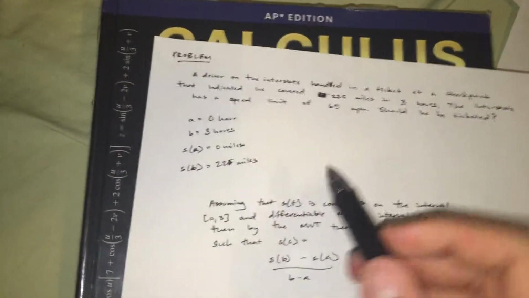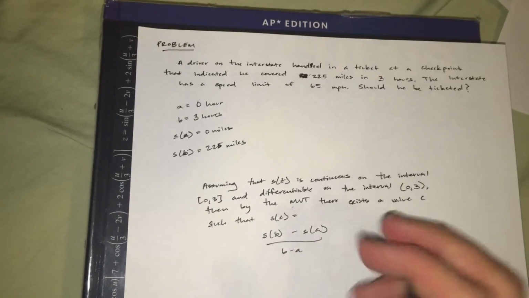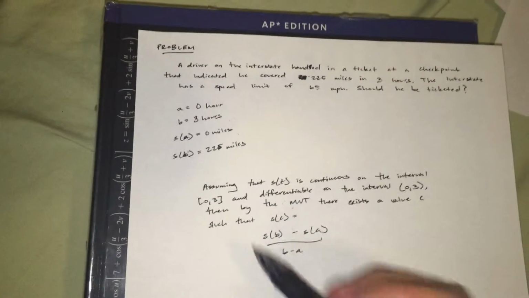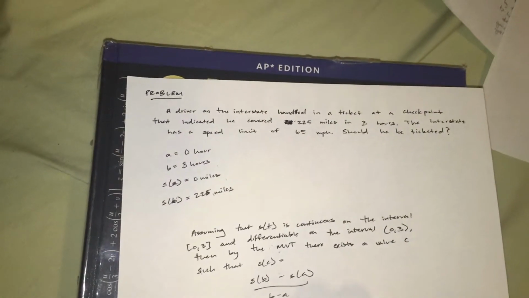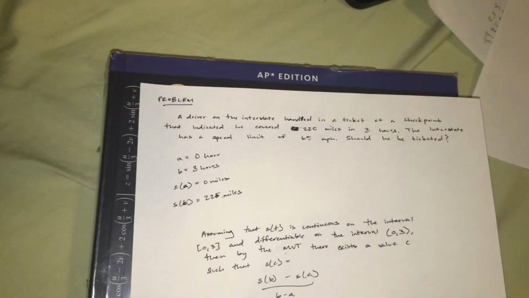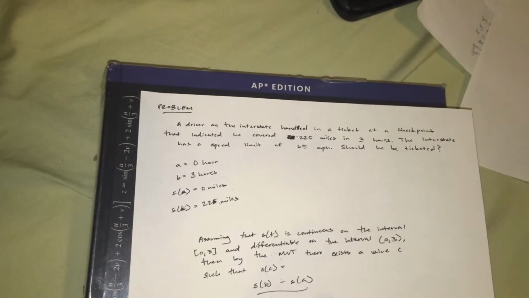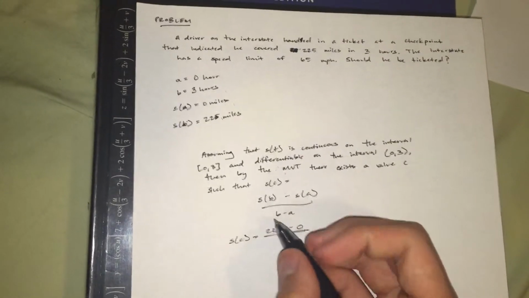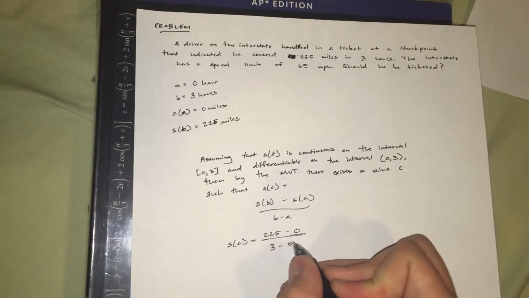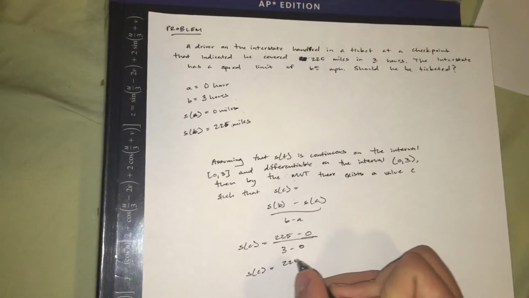So we have our initial assumptions that allow for us to justify using the mean value theorem, and we have our formula written, so we can go ahead and plug in our givens to the formula. So S prime of C equals S of B, we've determined to be 225 miles. I'm sorry, this is not miles an hour, this is just miles. S of A, of course, is the starting point, so it's 0 miles. Over B minus A, so B is our endpoint in relation to time, which is 3 hours, and of course the starting point is going to be 0 hours. So S prime of C equals 225 over 3,